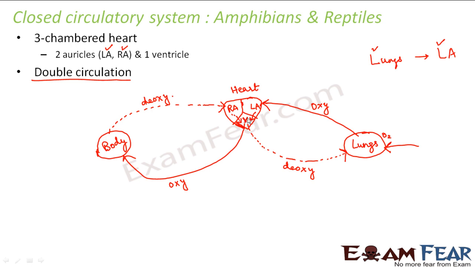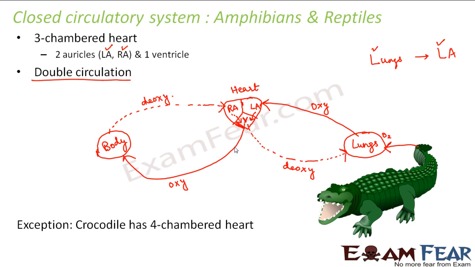Whereas, since there is one ventricle, therefore this same ventricle deals with the deoxygenated blood and the same ventricle also deals with the oxygenated blood. So, by introducing a third chamber, the mixing of oxygenated and deoxygenated blood is controlled to some extent. Because we do not want the good blood and the bad blood to get mixed up together. Right? So by introducing a third chamber, the oxygenated and deoxygenated blood are separated to some extent in the auricles.